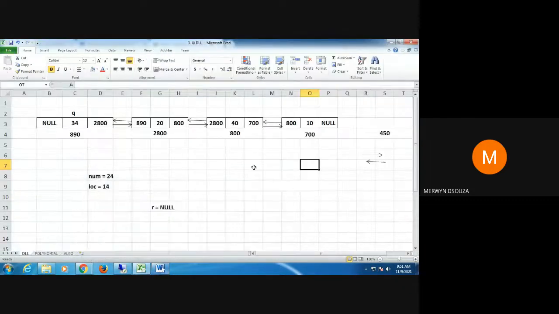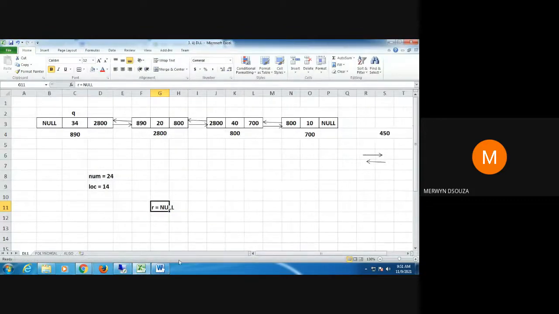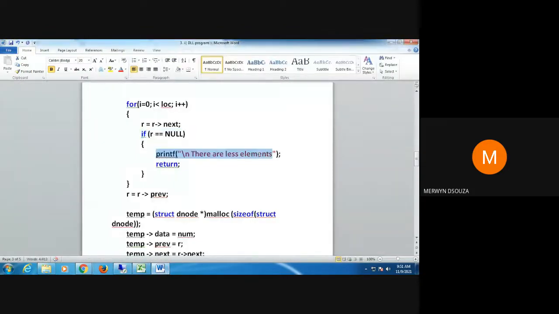So I check for that condition. When I run out of nodes, R becomes equal to null. Is R equal to null now? Yes. Have I run out of nodes? Yes. So I print a message here, you can type your own message: there are fewer nodes than the requested position, therefore you cannot insert. You put the message and exit this function.